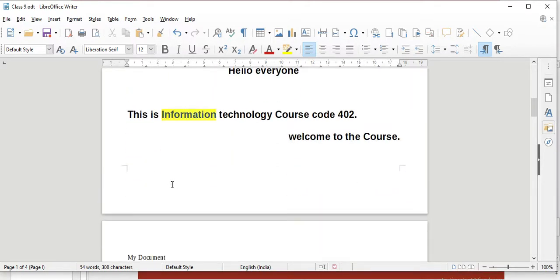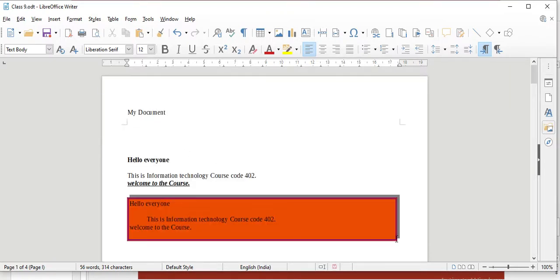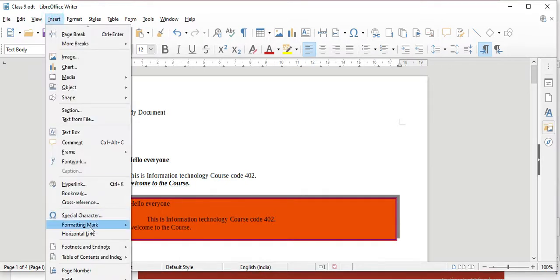If you click on your footer, you can mention footer here by A, B, C. You can write your name for your document and it will appear all your pages automatically. Like that we can add the header and footer. We can insert the page number by go to the Insert, click on the page number.